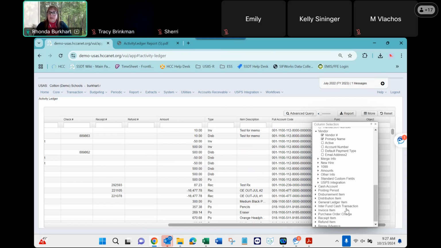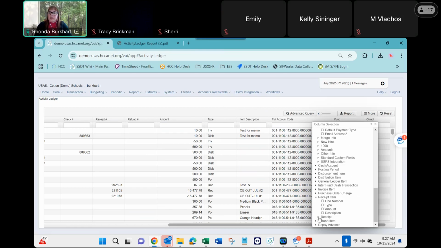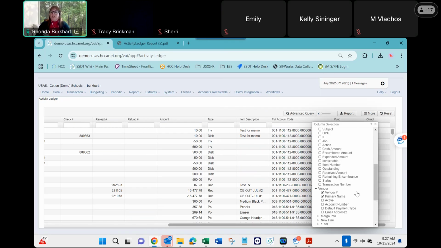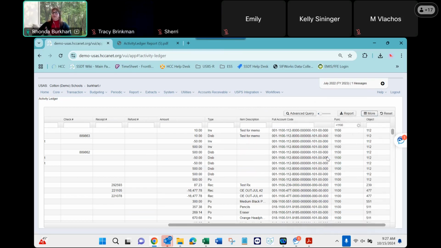Now they've got some different, like the receipt item. You know, they might have something in there. You can do things like, oh, I want to see something for a created user. So there's a lot of different choices in here. It's just, we have to be careful what we choose. I think there was one for budgeting items and, you know, maybe like 2-digit function, 1-digit object. I think those were in there as well. I can't find them at the moment. But if all else fails,